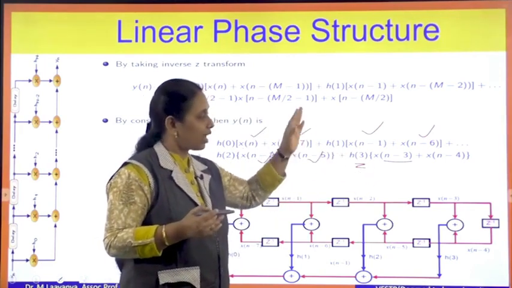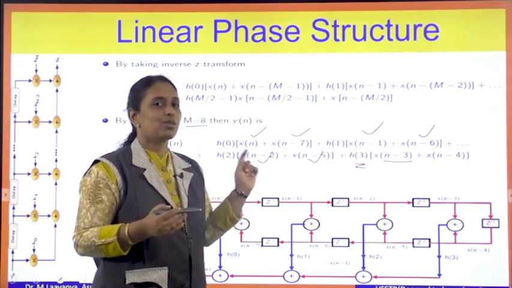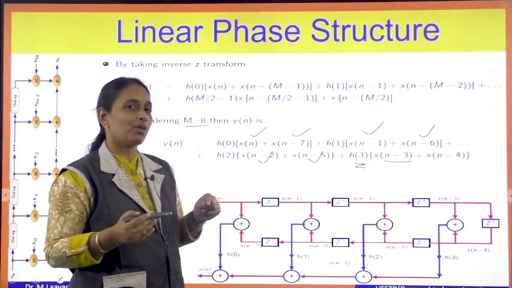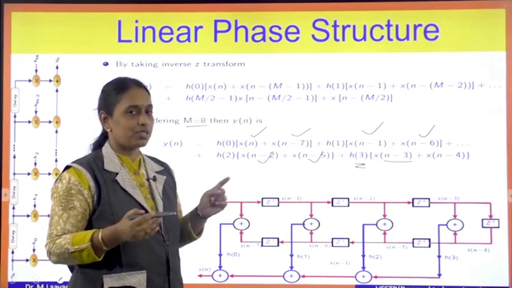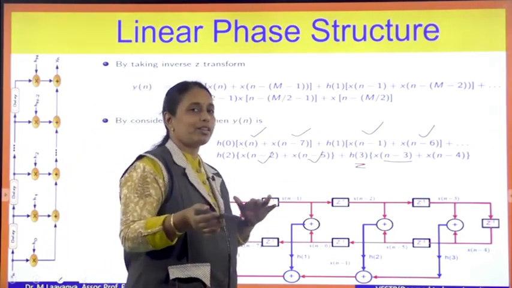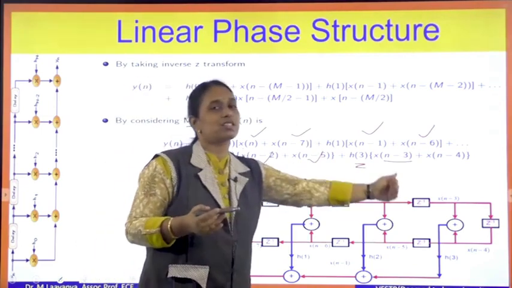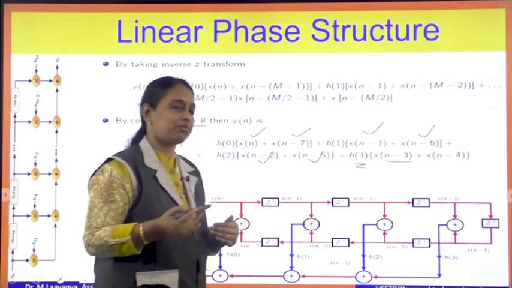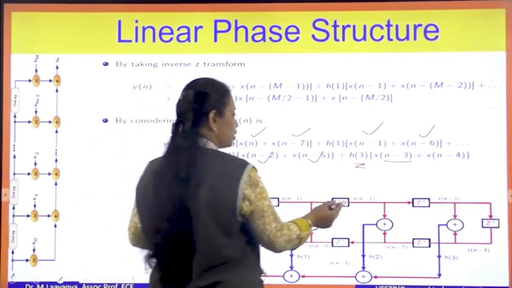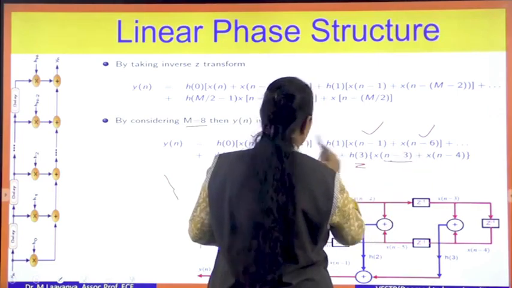If I have some other case, say m is equal to 10, the center of symmetry will be at m minus 1 by 2. 10 minus 1, 9 by 2. So I will have it at 4.5. 4.5, I will not have before 4. So up to x of n minus 4 you have it there. Like that you have to take it. So n minus 1, 2 up to 3 I have taken. So now these are the terms I have to add.